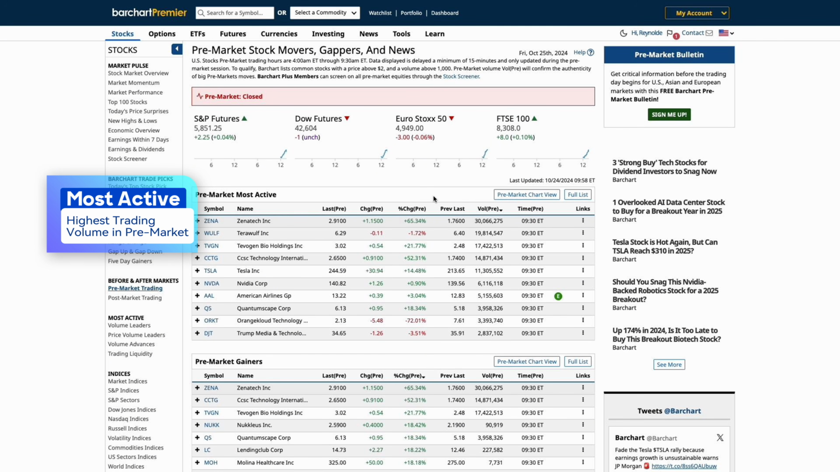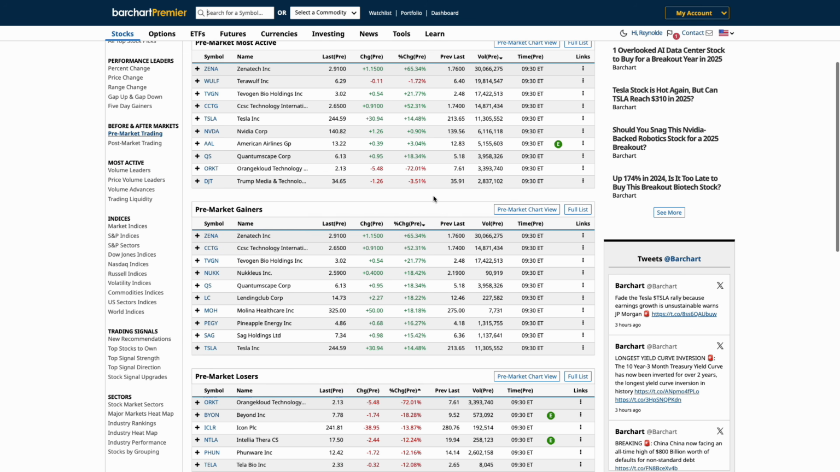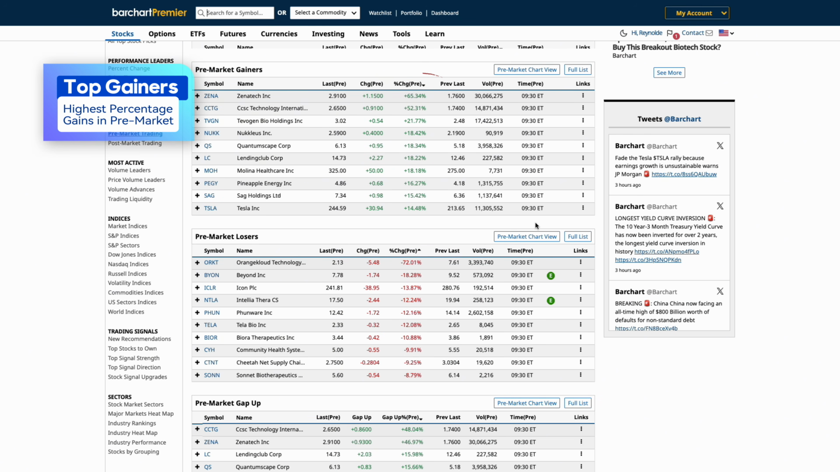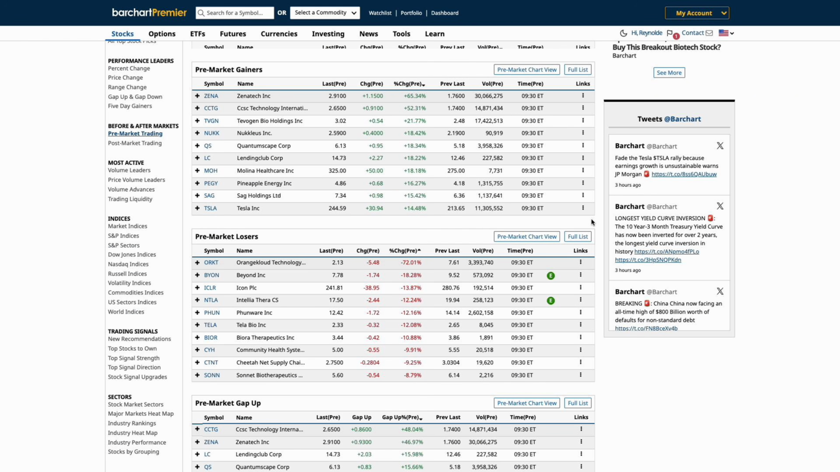Here, you'll find the stocks with the highest trading volume outside of regular market hours. High volume in the pre- or post-market trading sessions can signal news-driven moves or institutional activity. Moving on, we have the top gainers and losers section, showing which stocks are moving the most up or down. Top gainers can highlight stocks with strong positive momentum, while top losers might indicate bearish trends or stocks reacting to